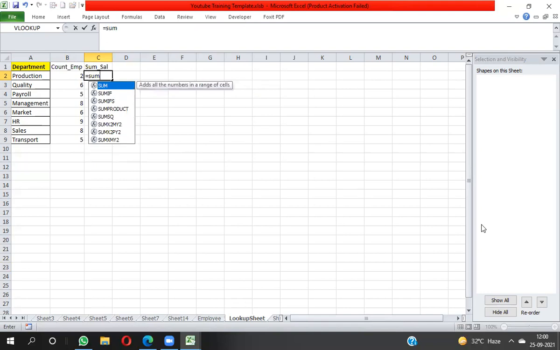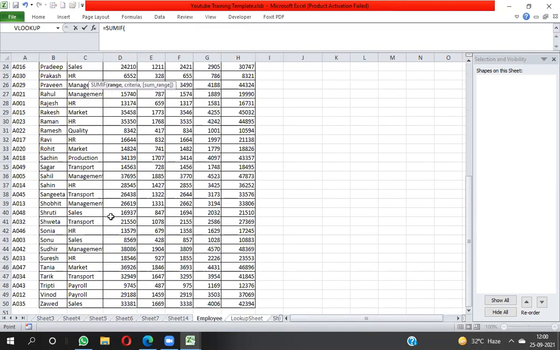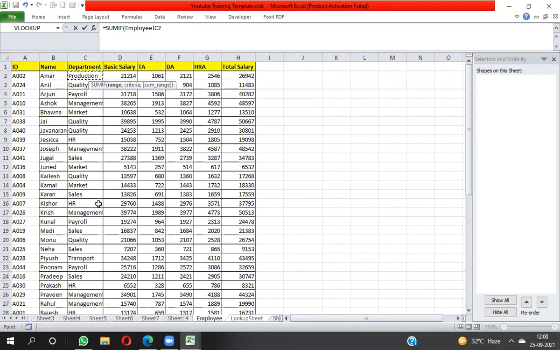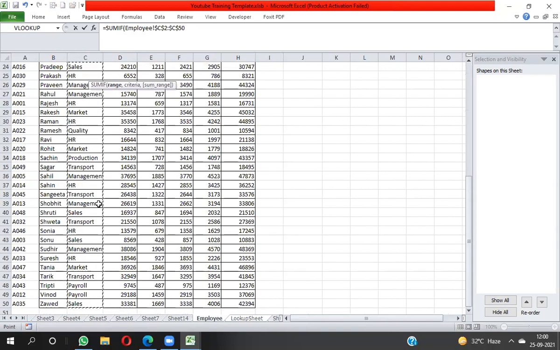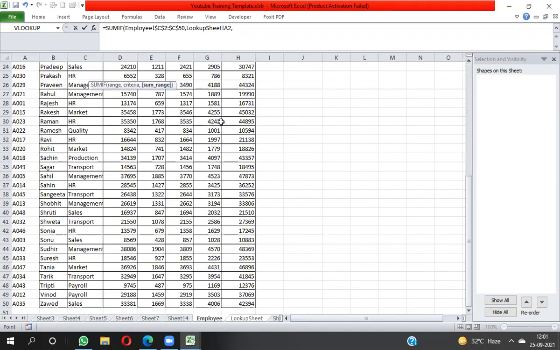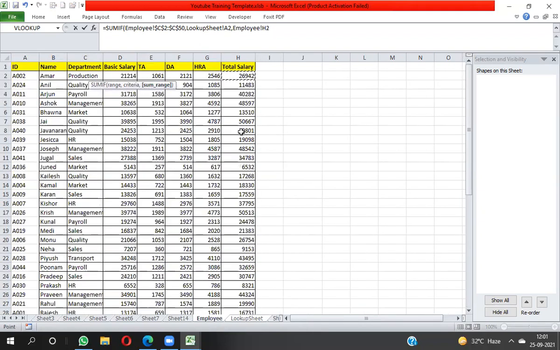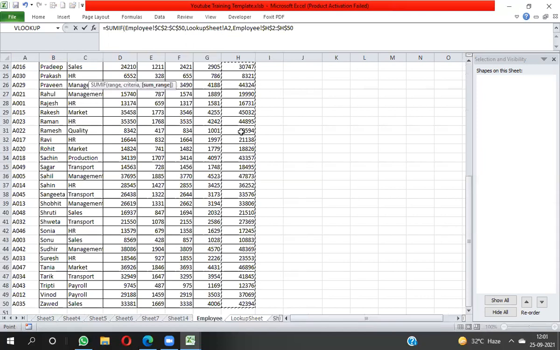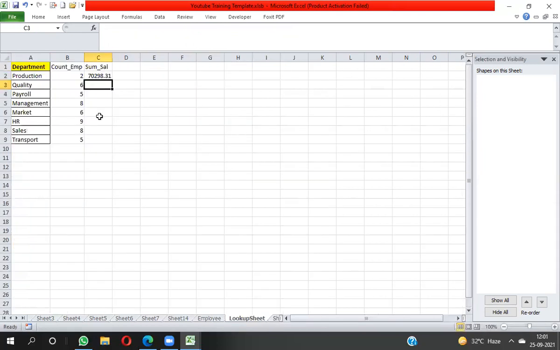And the same I will apply here with the SUMIF function. SUMIF, then you have to take the range, for department. Okay, freeze it, comma, then you have to take the criteria from here. This is the criteria, comma, the next parameter is the sum range. So you have to take the sum range. Sum range I want to take here total salary. Okay, freeze it, bracket close, enter. So whatever range I'm taking in this function, the same range I have to set in a variable.